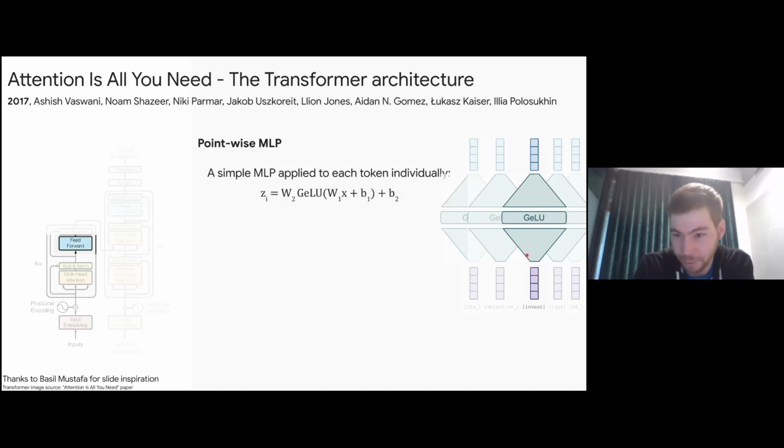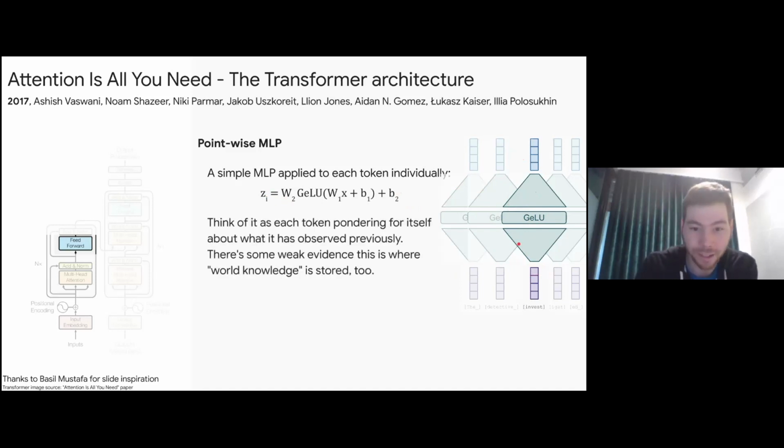And the thing depicted here is usually huge. So the intermediate representation here may be large, like 4,000 dimensional or something like that. And this transform is done independently for each token. In this transform, they don't look at the others at all. You can think of this as basically the token, after it has seen what's going on around it in the multi-head attention previously, now being given some time and processing power to think about what it has seen.